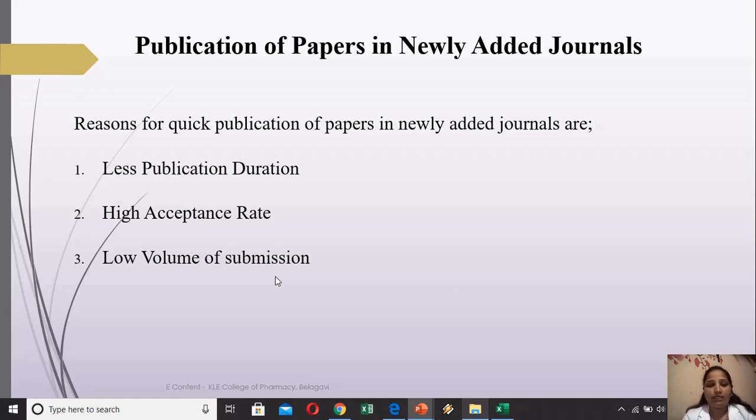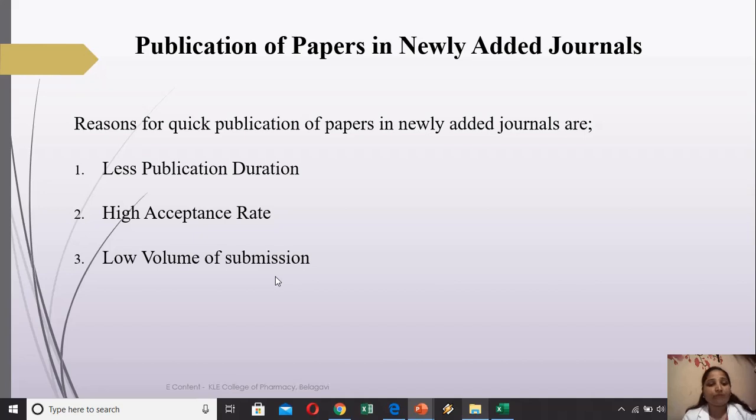So the volume there is more, that is 1000 papers received, but the publication rate will be less. But here, the number of papers received will be less. They may receive 100 papers, but from that they need to publish 25% of the papers.